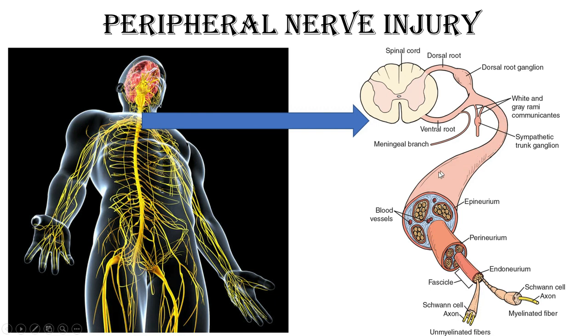Now this peripheral nerve has been cross sectioned, and if we examine it properly we can see some vessels. This is called the vasa nervosum. The most common question asked from this area is the blood supply of the sciatic nerve. The name of this vessel is the arteria comitans nervi ischiadici. It is a branch of the inferior gluteal artery. Again, for the vasa nervosum of the median nerve, the artery supplying the median nerve is the anterior interosseous artery.